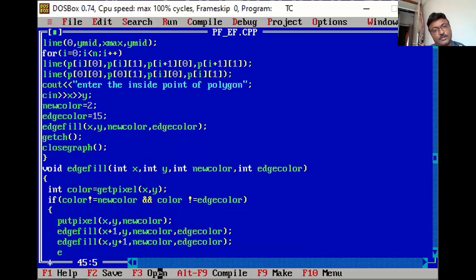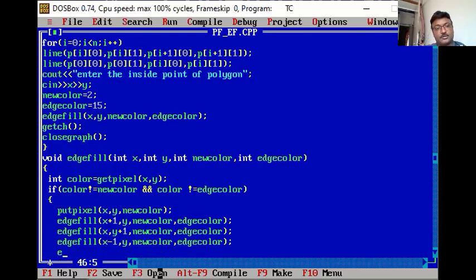Then hfill x minus 1, y, new color and age color. Okay, so this new color and age color you have to pass every time, because these are the parameters you need for this function. So always you have to consider y minus 1, new color, age color.